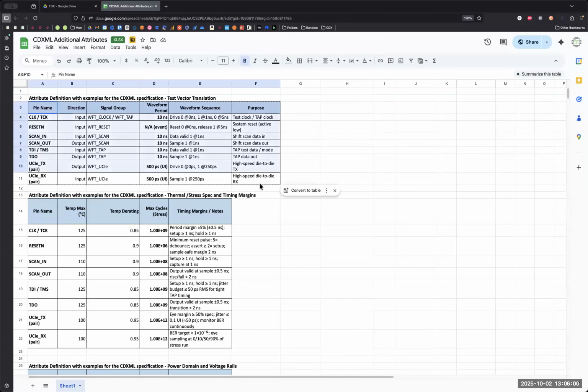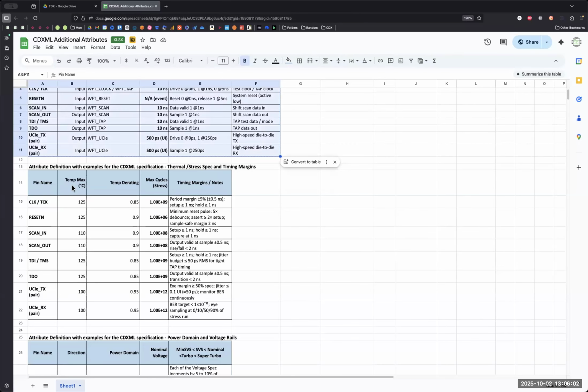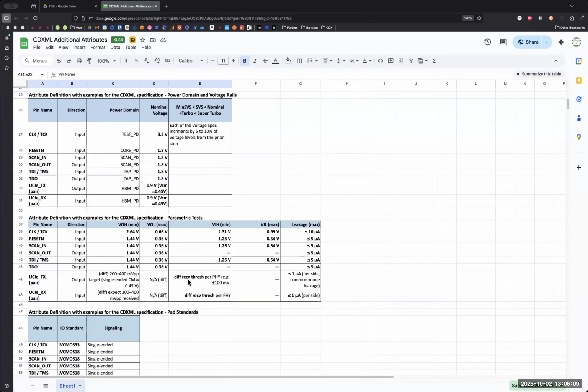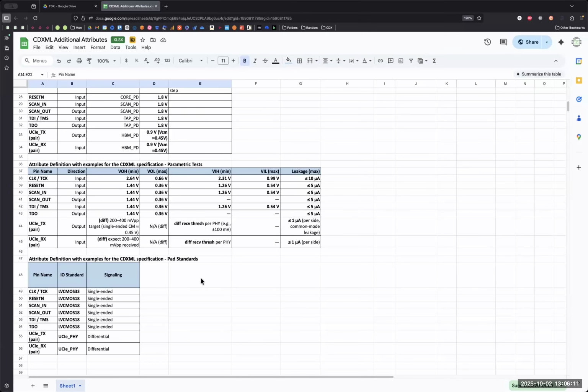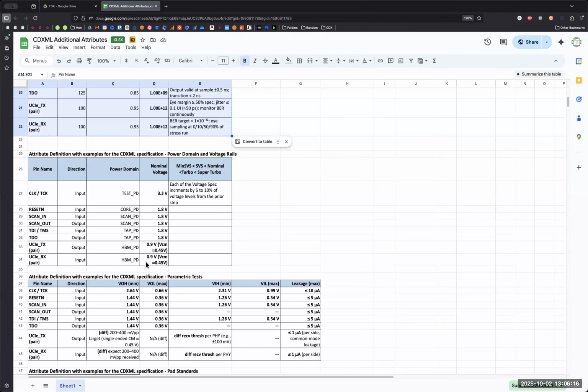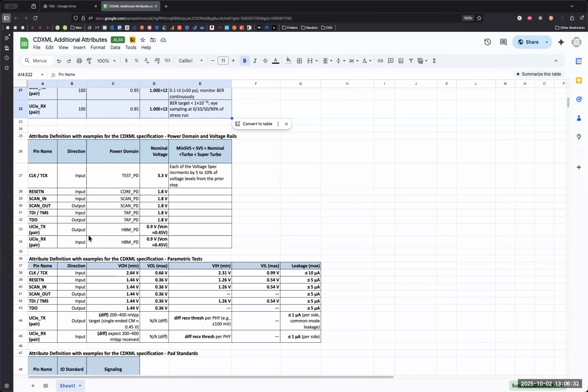So we covered these two tables, right? Last time we covered this table, basically the additional waveforms on pins and things like that. And now we have 3 more tables to cover. I don't know if you guys want to discuss a little bit about this, or we should just wait until next time when we have time and Bala is able to join us, so that we can cover the rest of the required attributes. How do you guys want to proceed here?